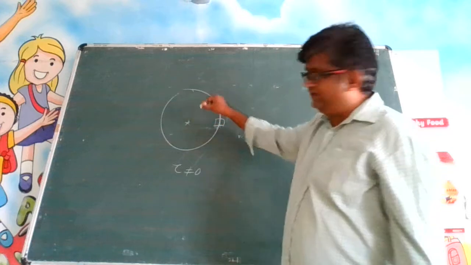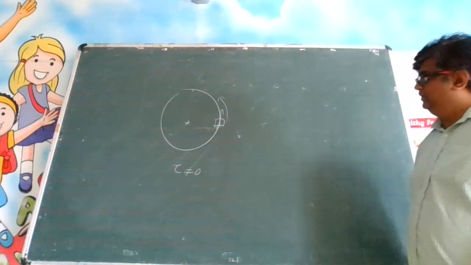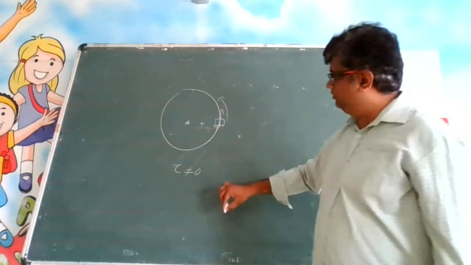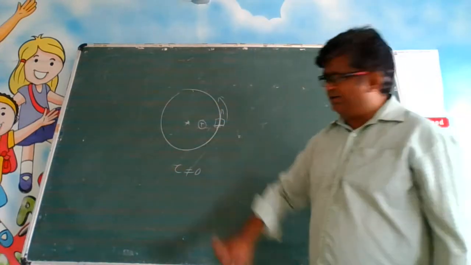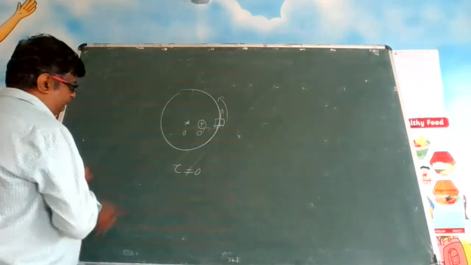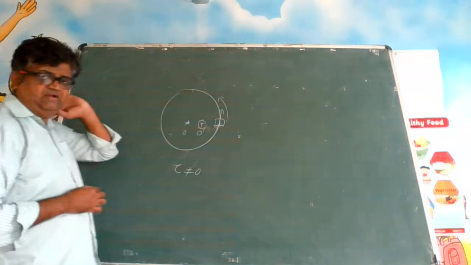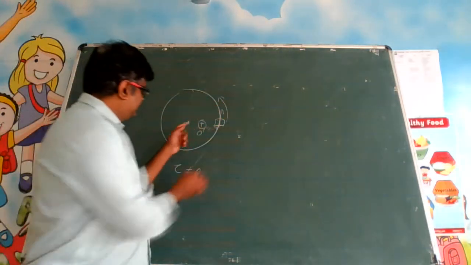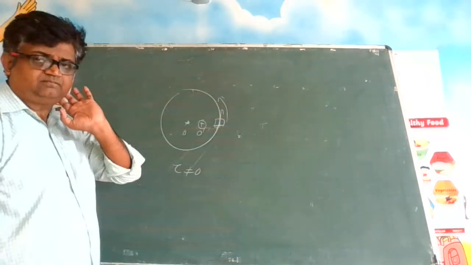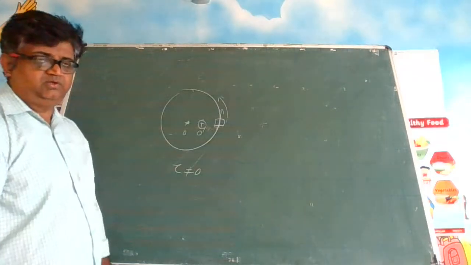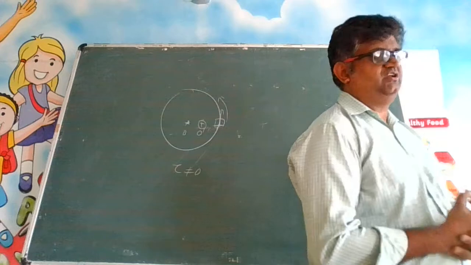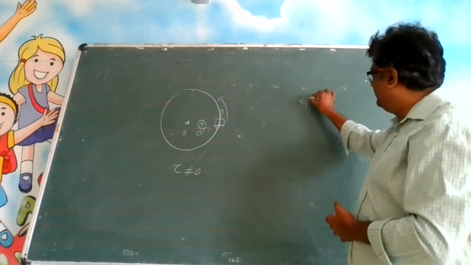You can take about a particular point. And let me tell you, the point need not be this point only. You can take some other point also. You can say that it is rotating about this point. See, here there are 2 points. This is O and this is O dash. If you calculate torque about O, it will be some different value. Why? The force is same, but the distance is different. If you take about O dash, the torque will be something else, because the distance is changing. Either the distance should change or the force should change. The torque will change. Torque is dependent upon R and F.